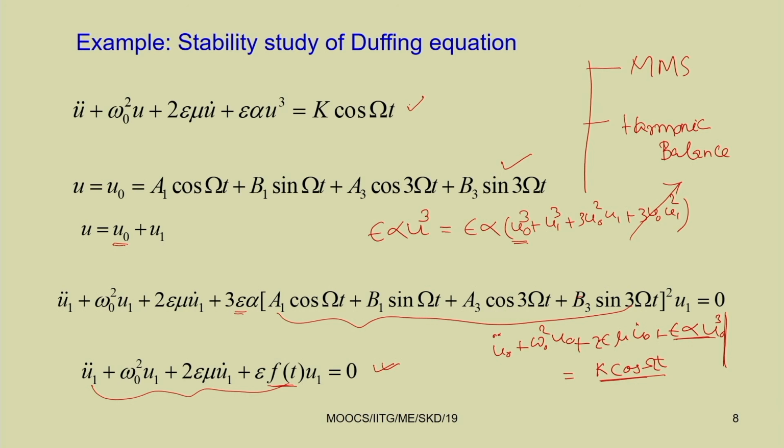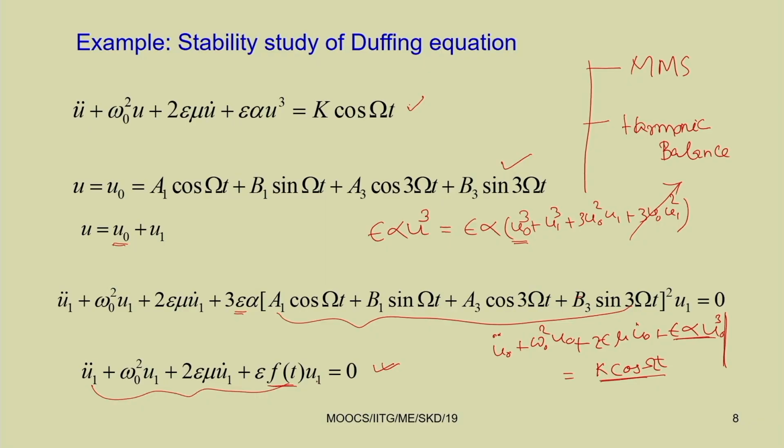Now, you have perturbed this u0, or you have given a perturbation u1 about u0. So, you have written u equal to u0 plus u1, and you have landed with this equation, which is similar to a Mathieu-Hill type of equation. By solving this equation, you can know the solution. If the response is growing, that means if u1 is growing with time, then the system becomes unstable, and if it remains within a certain bound, then the response is bounded, or stable. So, we can study this.